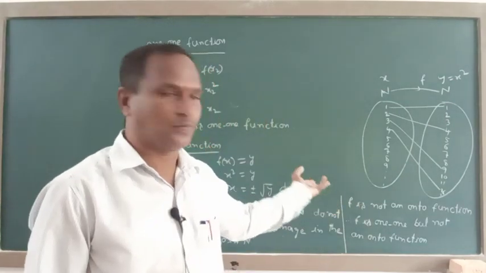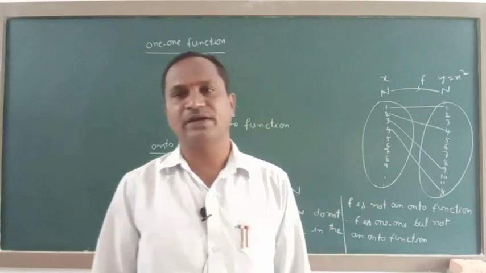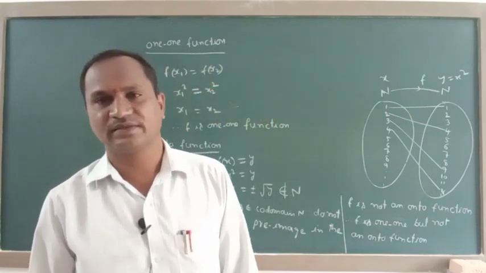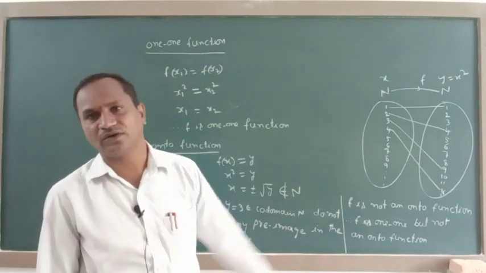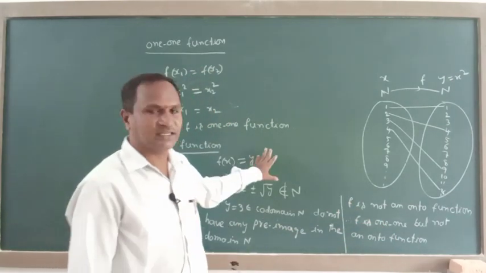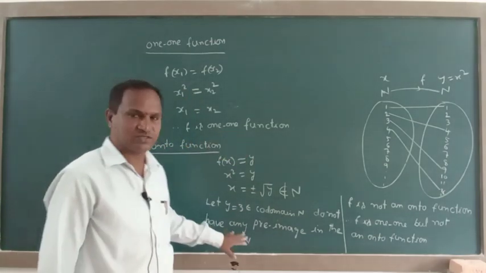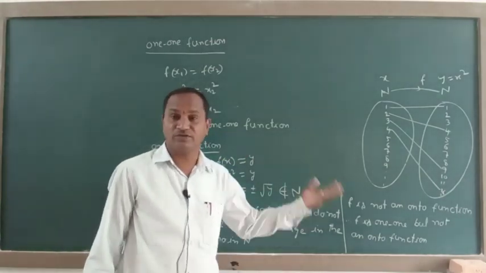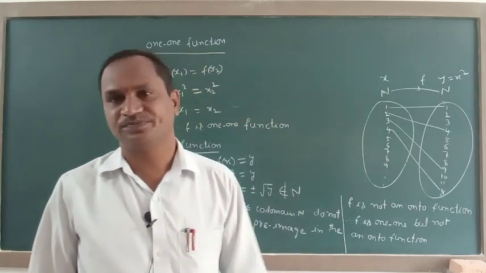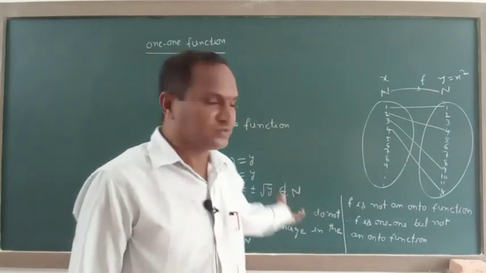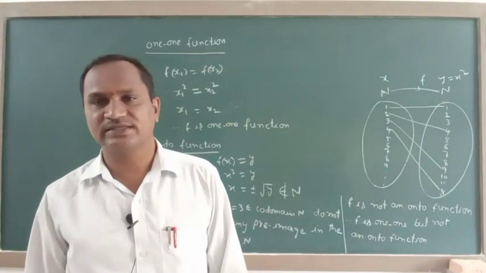Like that we proved. Second question is f maps from Z to Z defined by f of x equal to x square. Third question is f maps from N to N defined by f of x equal to x square. But in this case only we got f is one-one function but not an onto function. Before this we solved two, both neither one-one nor onto. Like that we solved some different types of questions on one-one and onto functions.